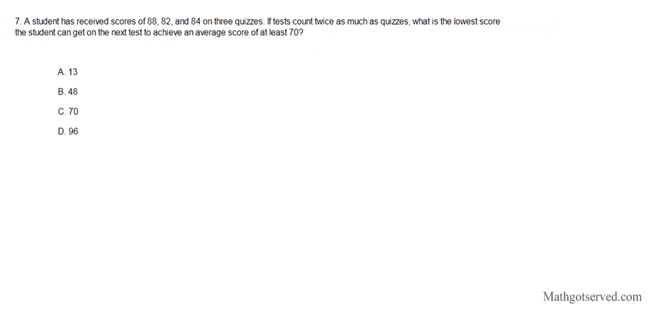Okay, let's take a look at question 7. It says a student receives scores of 88, 82, and 84 in 3 quizzes. If the test counts twice as much as a quiz, what is the lowest score the student can get on the next test to achieve an average score of at least 80? Okay,